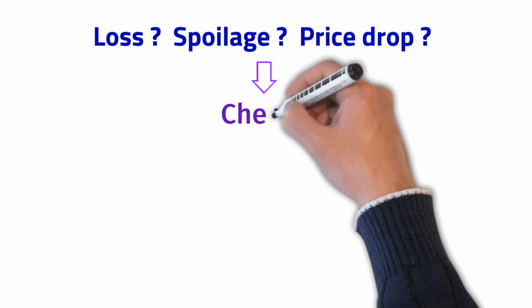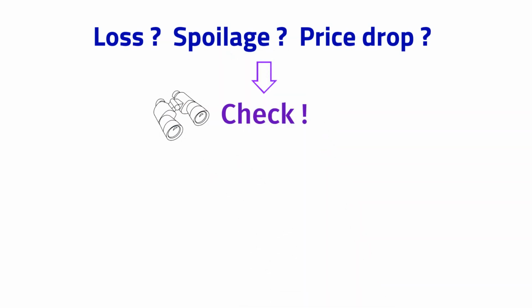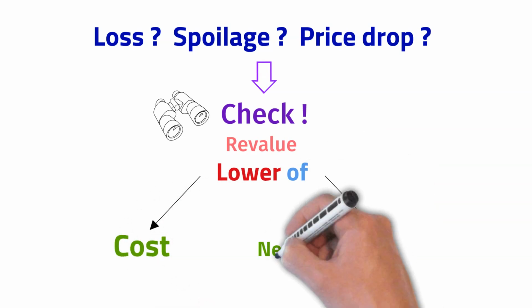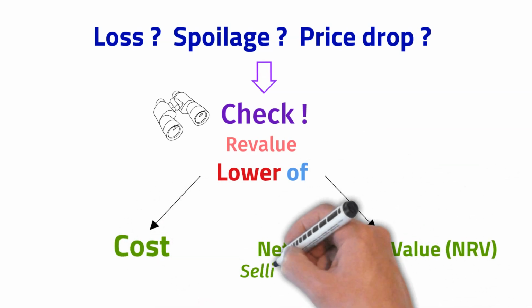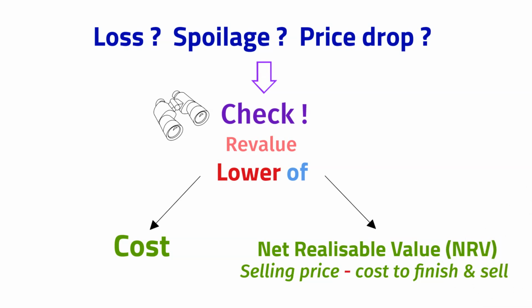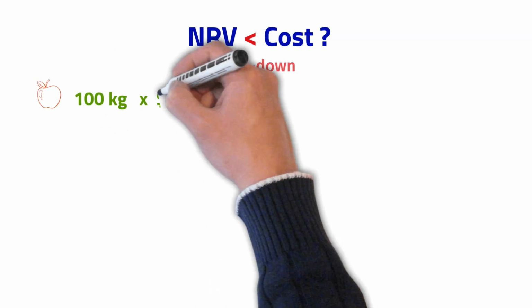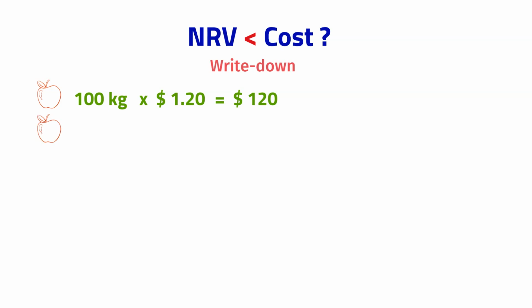To reflect the real value of inventory at each reporting date, inventory is valued at the lower of its cost, what you capitalized, or its net realizable value, NRV, the selling price minus costs to finish and sell. If NRV drops below your cost, for example apple bruised, prices fall, you will need to write inventory down and take an expense. Let's say you had 100 kilograms of apples you bought at 1.2 per kilo, and now the